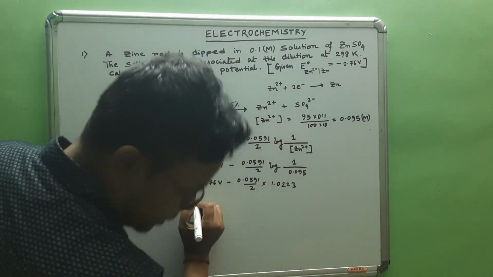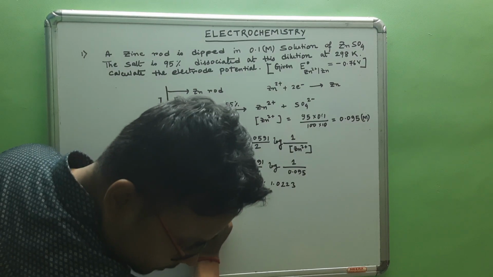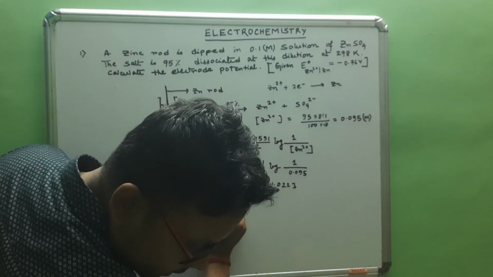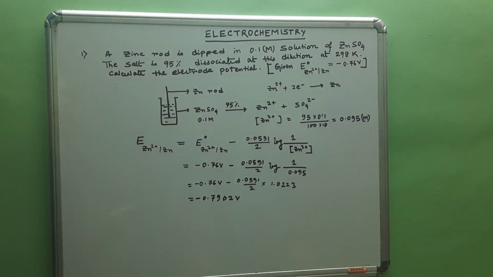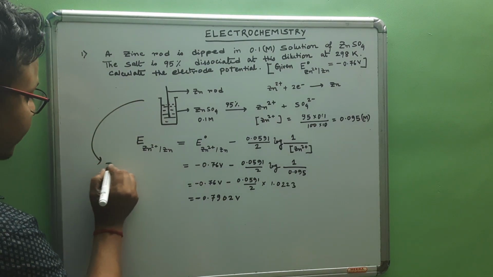So after computation, it will give the value of minus 0.7902 volt. So basically the main reaction involved,